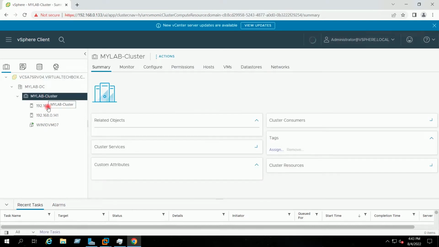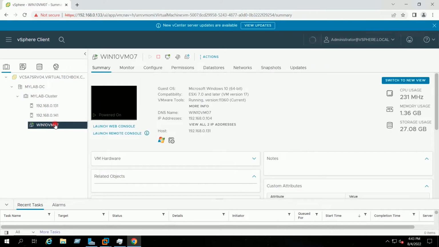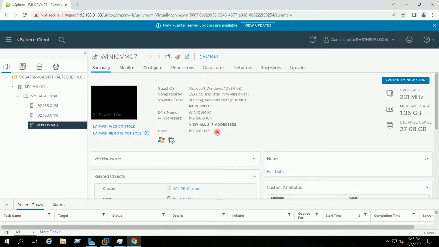This is my cluster, and this cluster has 2 hosts, and this is the Windows 10 virtual machine which is residing on the host 192.168.0.131.